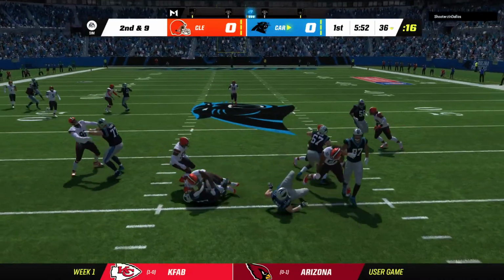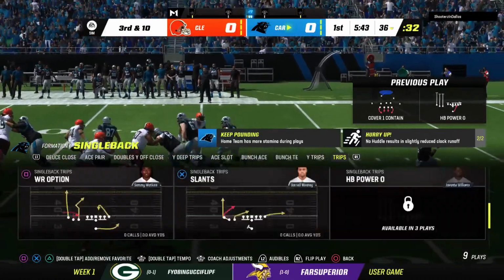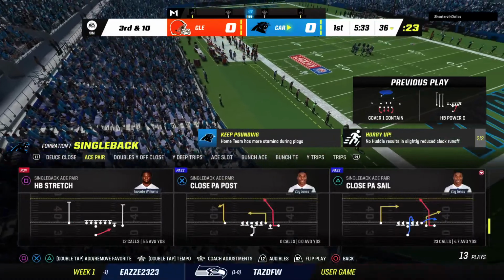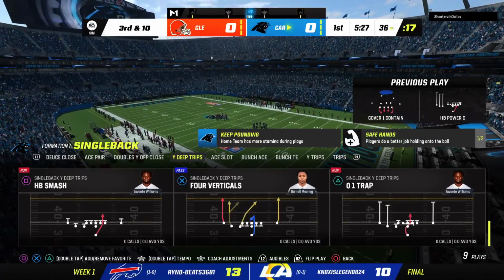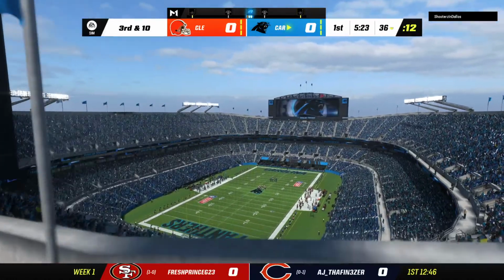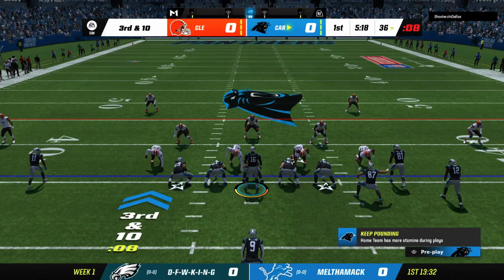On 2nd down, Williams. And he is met in his tracks behind the line of scrimmage. It's a loss of a yard, so it's back to 3rd and 10. I thought he did a nice job there setting an edge and making sure nothing could get to the outside. But he decided that wasn't enough for him. Worked his way back inside and made the tackle on the ball carrier. Right where this set of downs started, they need a full 10 here to pick up the first down and move